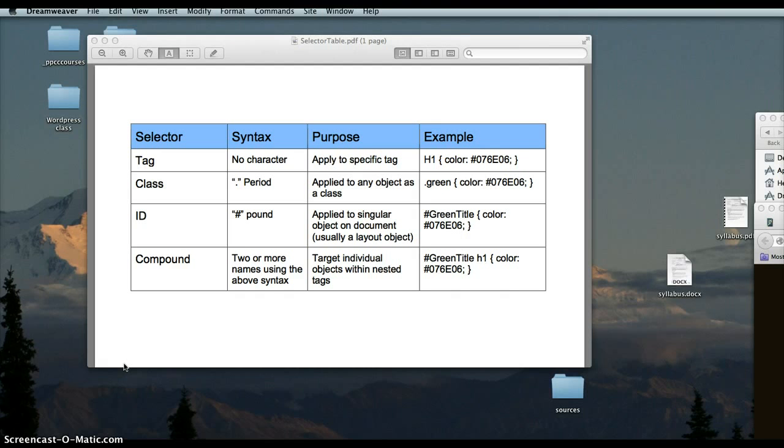I'm going to go over the syntax and the different types of styles and try to explain what their role is and why you would use the different types. You would use all four types at one point or another. The tag style is basically if you wanted to apply a style to a certain HTML tag throughout the entire